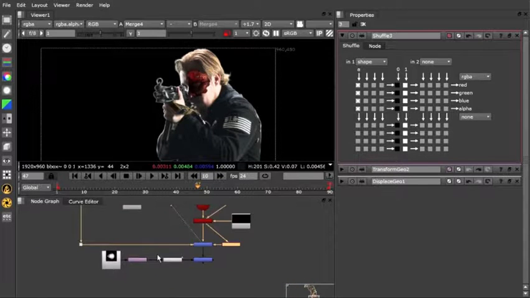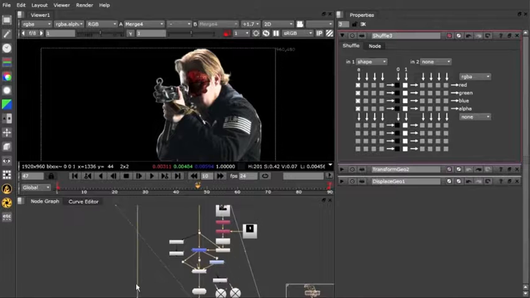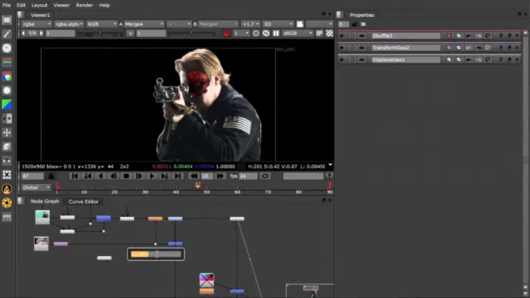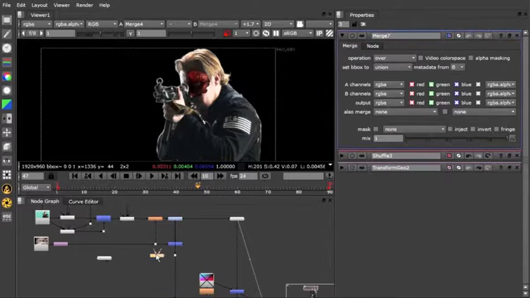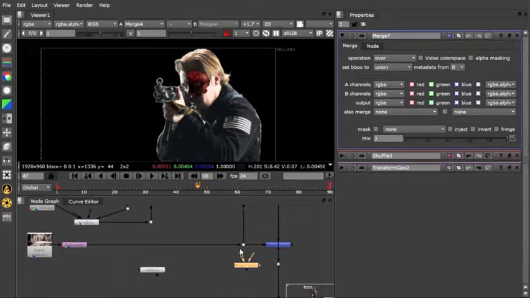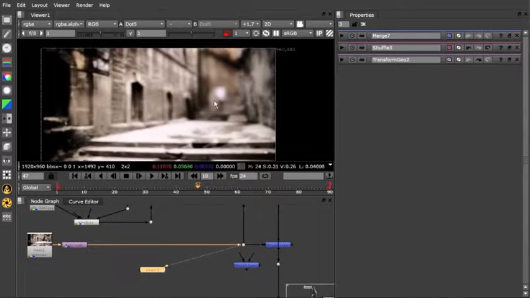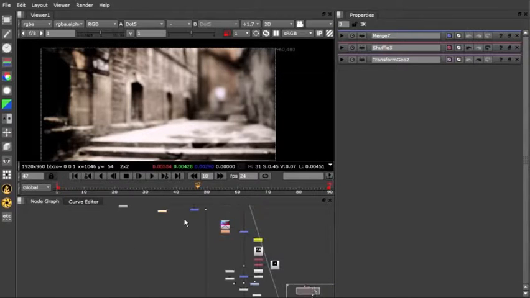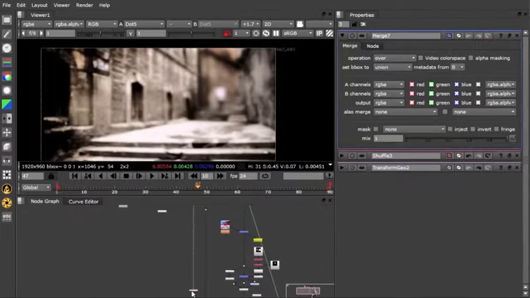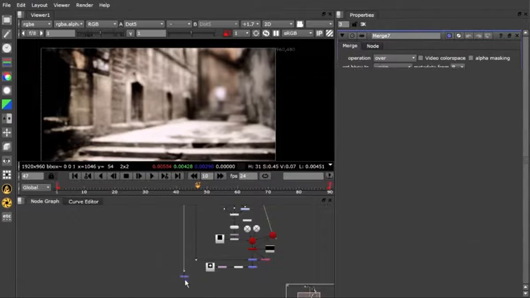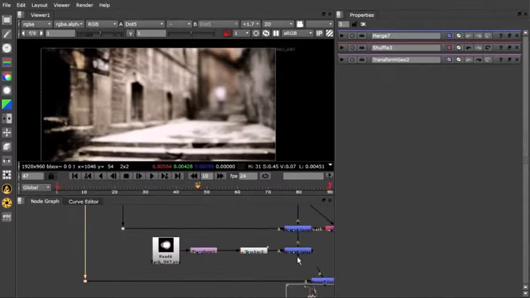Just for good looks, I'm also going to merge our background plate to our final output here. I'm going to add a merge, and we will connect that to where our background plate is coming from. This little dot right here, our background plate. We'll connect the B side, and then we're going to drag the merge all the way down here. I'm just going to add a little helper right in here, make a corner,